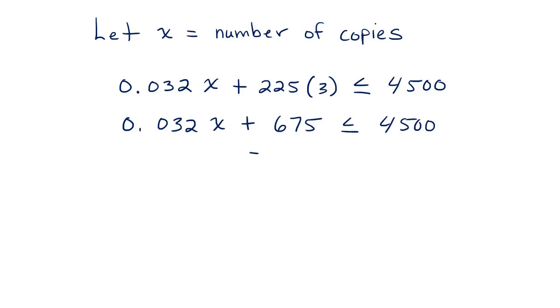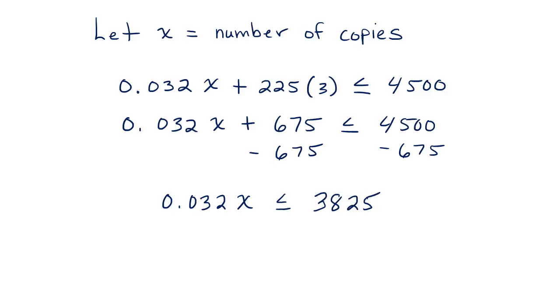Now we'll subtract 675 from both sides, and that leaves us with 0.032x is less than or equal to 3,825. Now we'll divide both sides by 0.032, and on the left those factors divide out, and we're left with x is less than or equal to 3,825 divided by 0.032 is